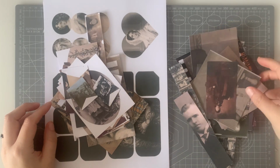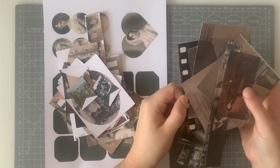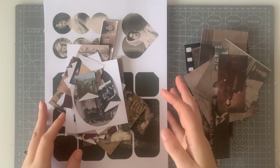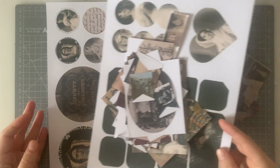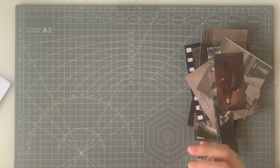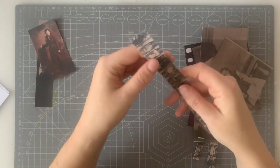So yeah, now I'm left with two piles, one where everything is cut out, I don't need to touch, don't need to do anything with, and this pile here is the pile where I need to go in with my scissors and actually cut it out myself. So I've cut that down quite a bit there. So I'll just pop that to the side, and then I'm just going to go through this pile of ephemera,